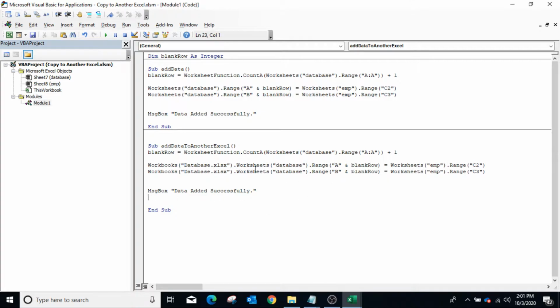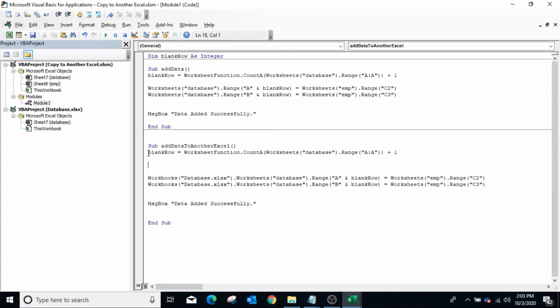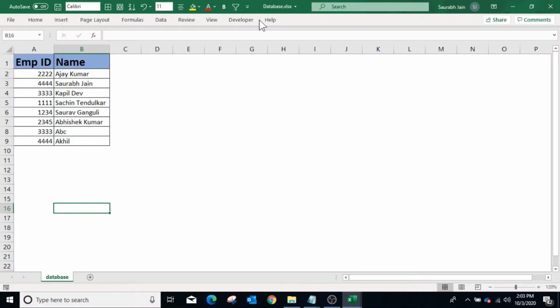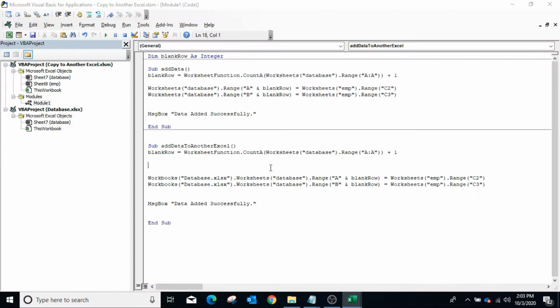So now here the data from C2 range of employee sheet will copy in the column A of database sheet of Excel file database.xlsx. To identify the blank row of the database.xlsx file, we will add the reference of the workbook.